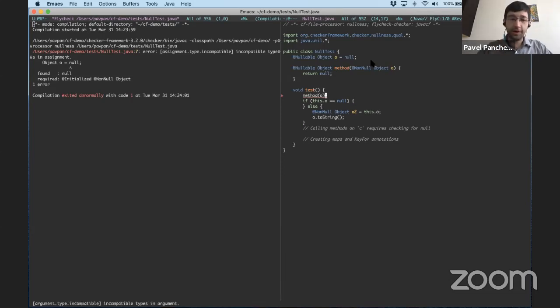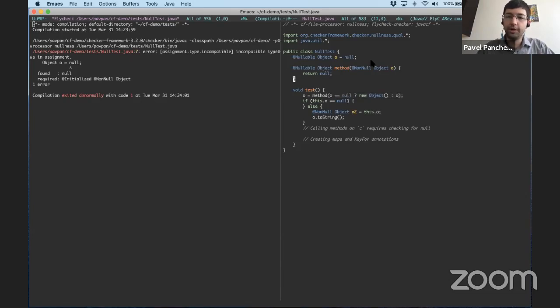Okay, so the other thing that the checker framework will do for you is it will handle various sorts of operations. Each of the fundamental statements in Java, it'll handle. It has rules for function calls, for assignments, and so on. So for example, to make this type check, I can call it with a valid value. And now the method is being called by something that is definitely not null. We're finding that out via refinement.